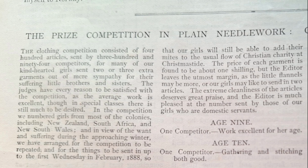The judges have every reason to be satisfied with the competition, as the average work is excellent, though in special classes there is still much to be desired. In the competition we numbered girls from most of the colonies, including New Zealand, South Africa, and New South Wales. And in view of the want and suffering during the approaching winter, we have arranged for the competition to be